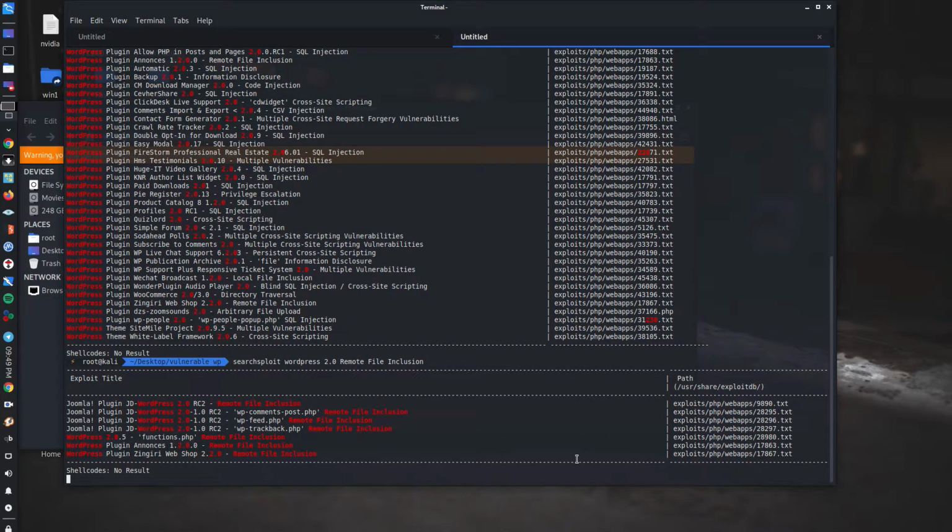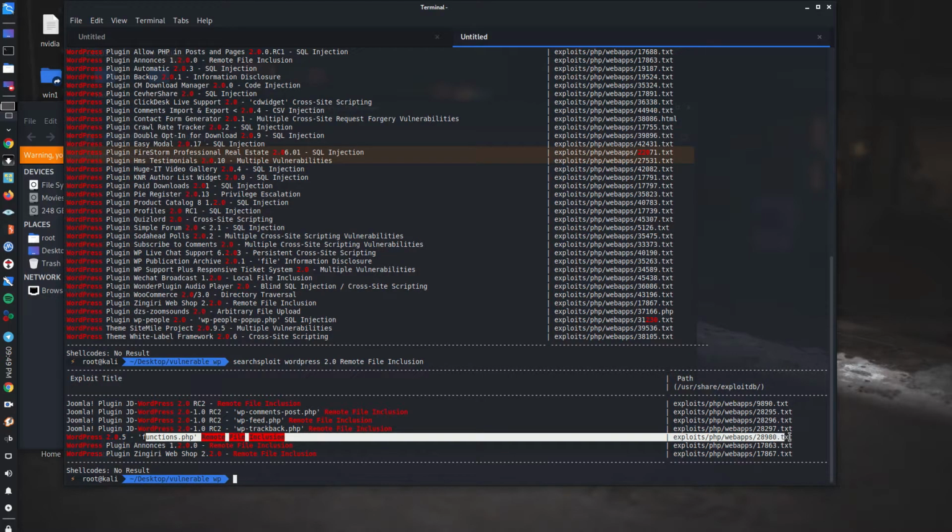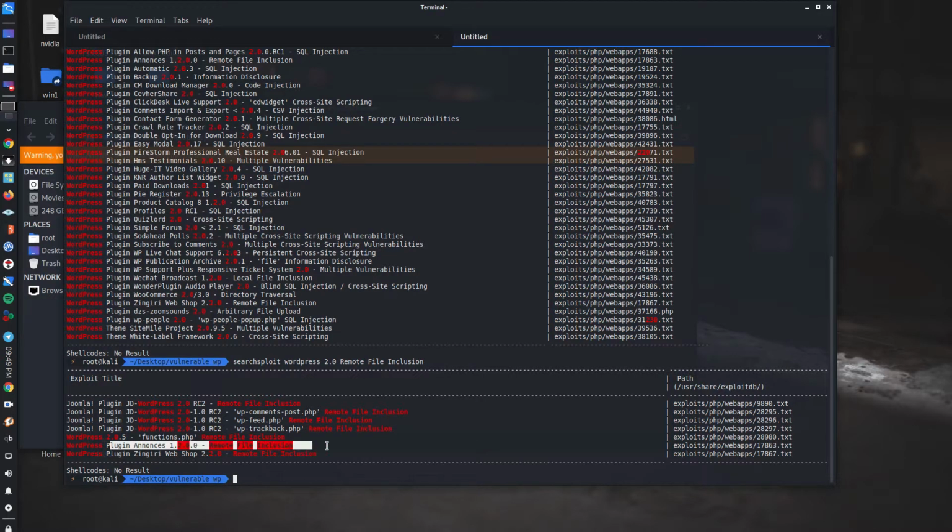Okay, we got one. So it's Joomla function PHP. Okay, plugin announcements. Okay, remote file inclusion. So we got function.php remote file inclusion. We're gonna download this and we're gonna read it. Okay, what it's essentially saying,